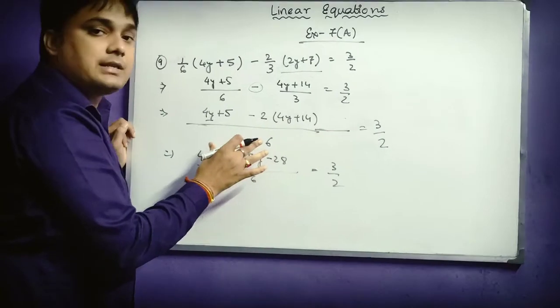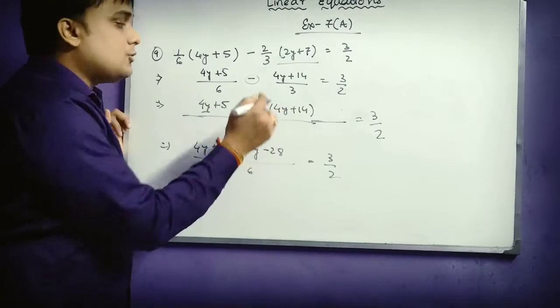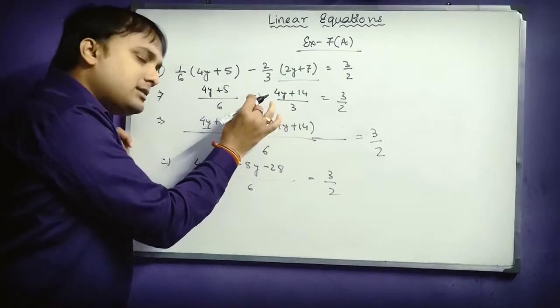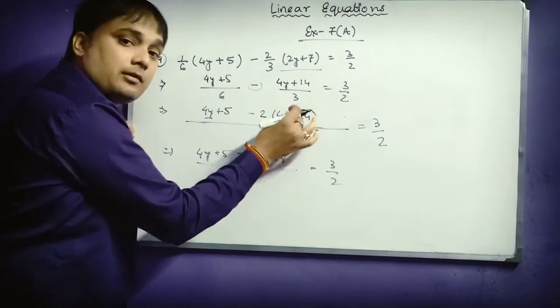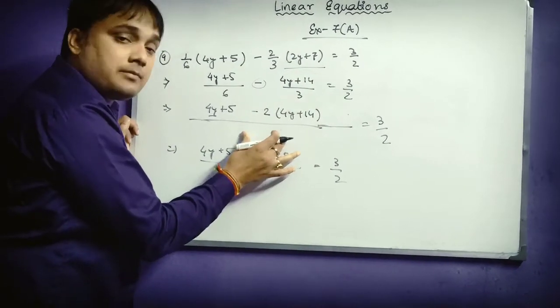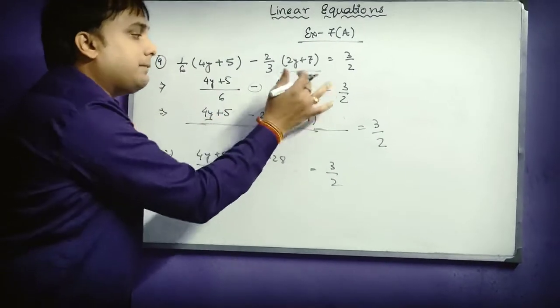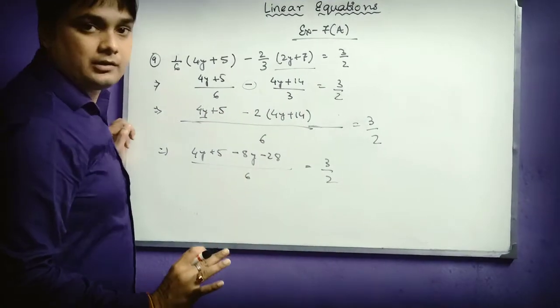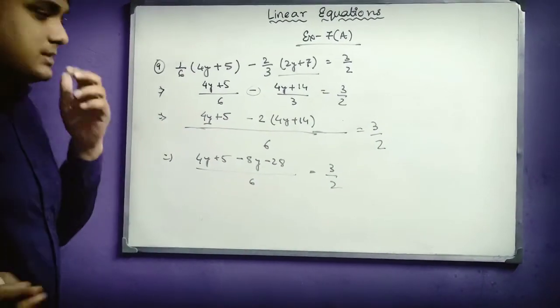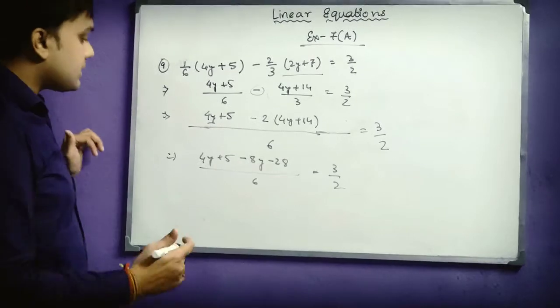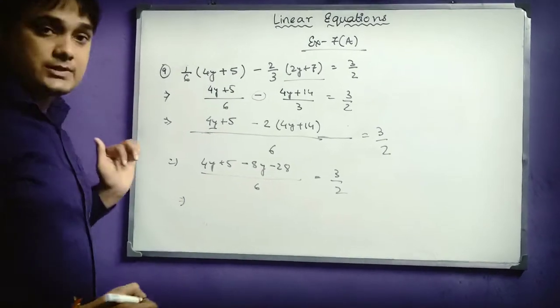So before doing the LCM part, don't make this mistake. You keep the minus itself here. Let this minus be with the complete term, but whenever you are doing the LCM, at that time only you multiply the complete term with this negative sign. This is where many students make a mistake and they get the wrong answer at last. You should be very cautious here.